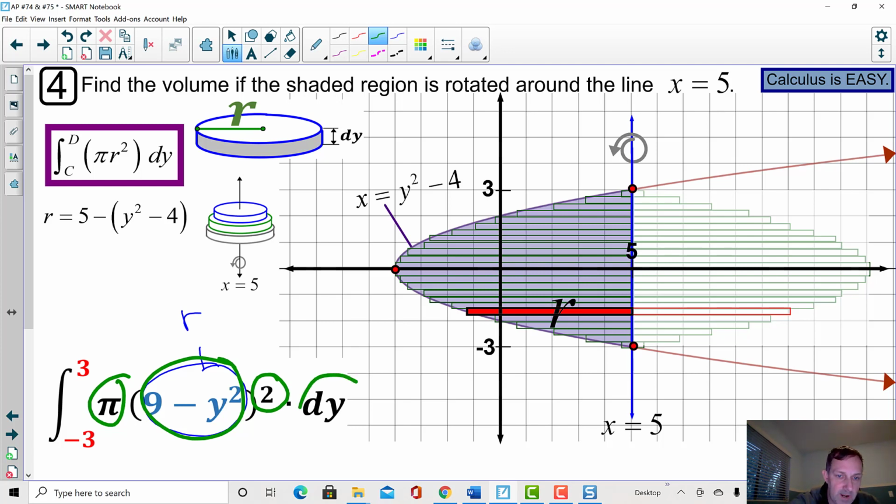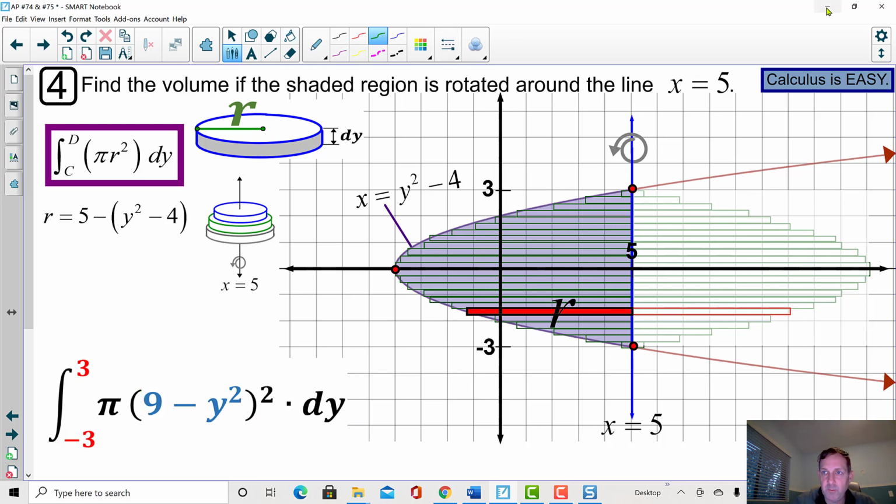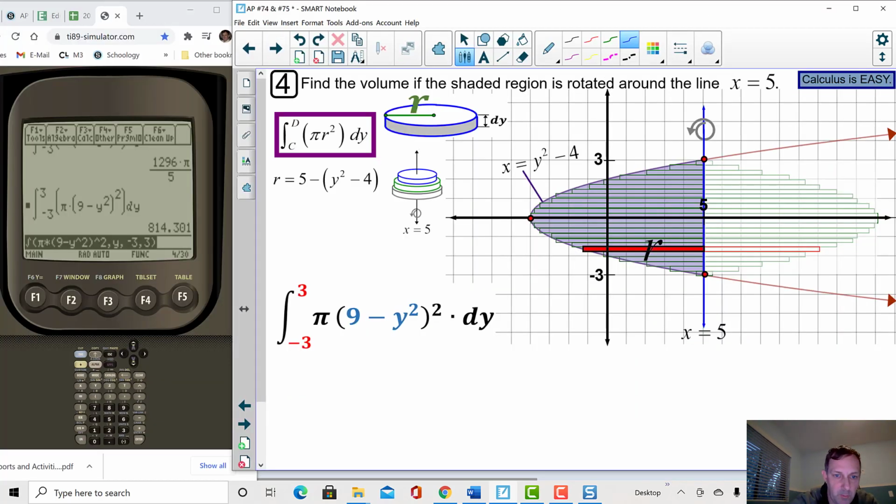And then we have dy, which is the height of the disk. Let's plug that in a graphing calculator and see what we get. Okay, there we go. We're getting 1296 over 5 pi. Or as a decimal, we're getting